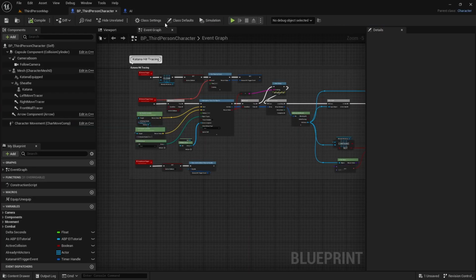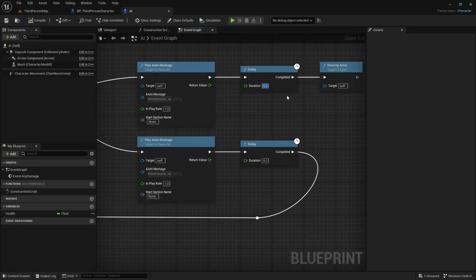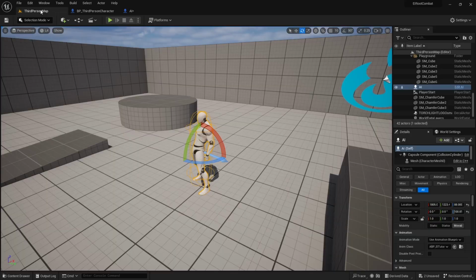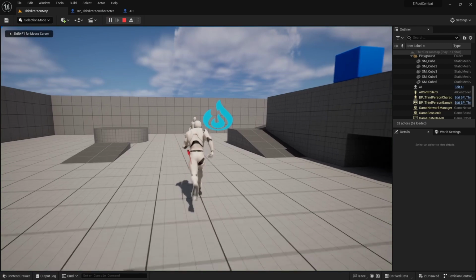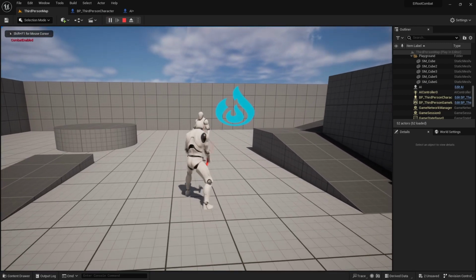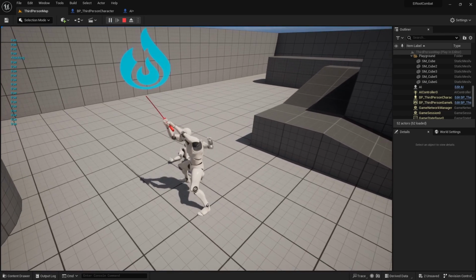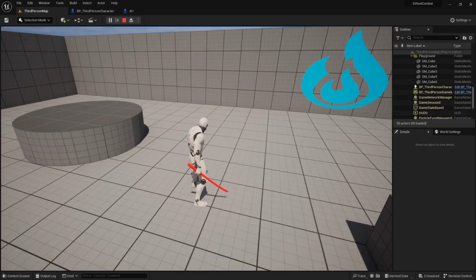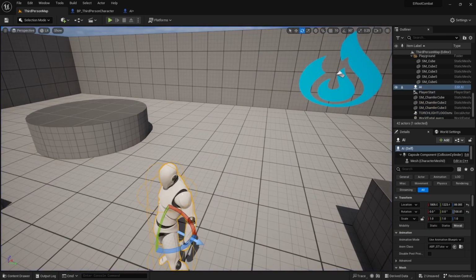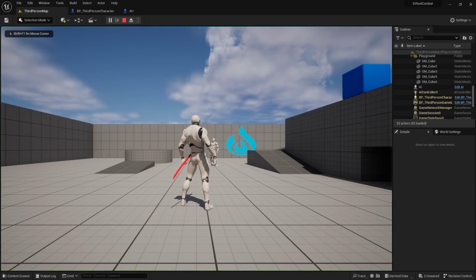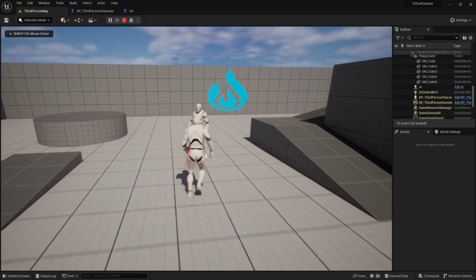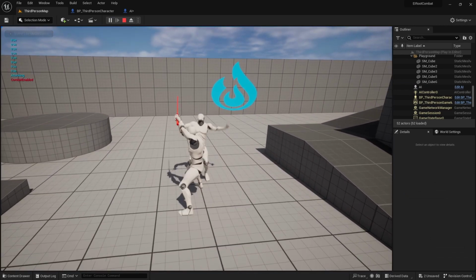Okay, so that seems okay. And we're going to change this to 1 for now, just to see. And 1 second should be good. That's going to be based on your animation. However long your animation is, you just test it out, try out different values, and